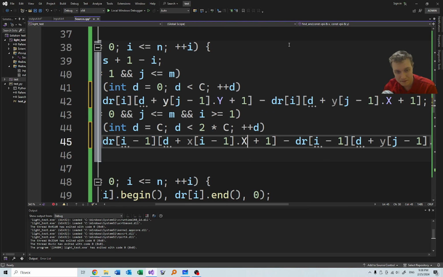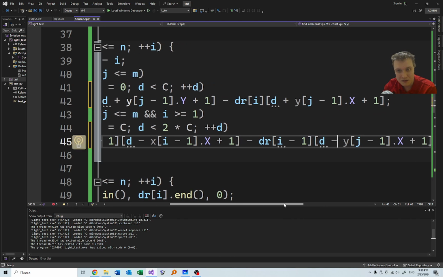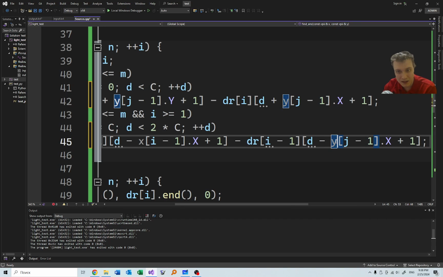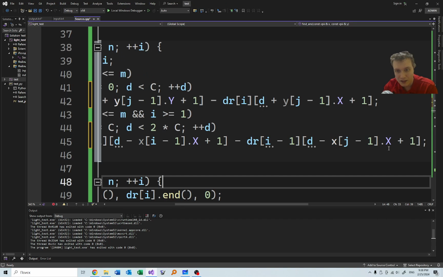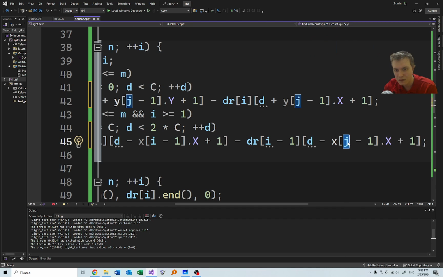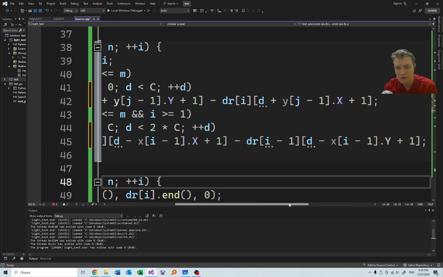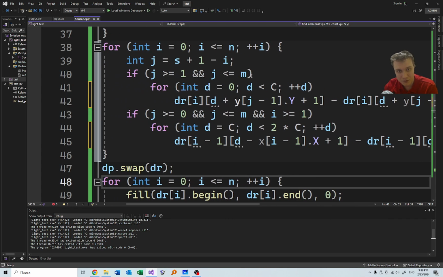Dot x. It should be plus 1 here, but it should be minus. And here we should subtract, minus, again x, again i minus 1. And here we need y. Good. But this is not good because